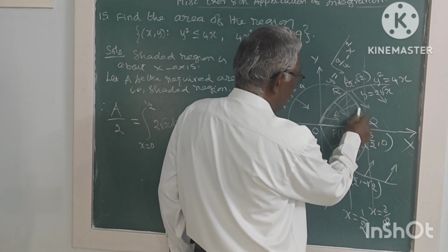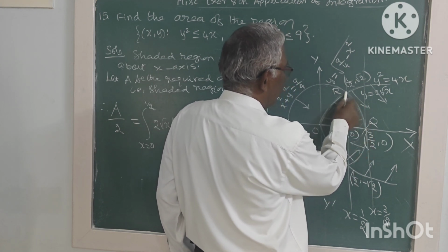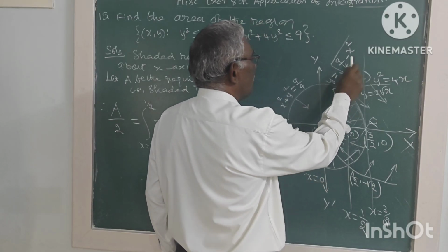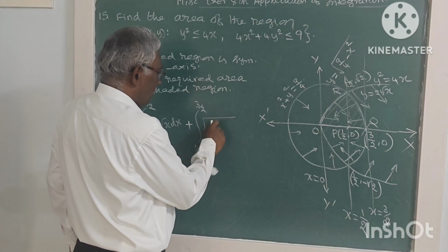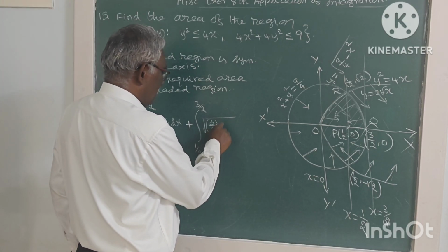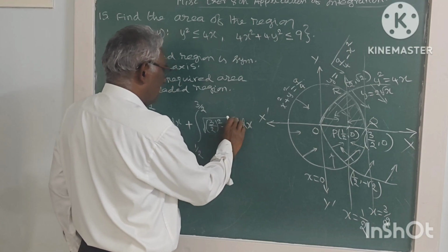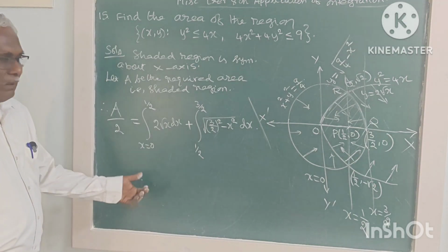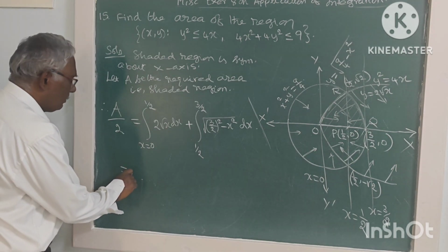And this portion is part of a circle. So the equation of the circle gives y equal to square root of 9 by 4 minus x square, that is, square root of (3 by 2) whole square minus x square dx. Now we have to evaluate the definite integral. So this is equal to 2 times